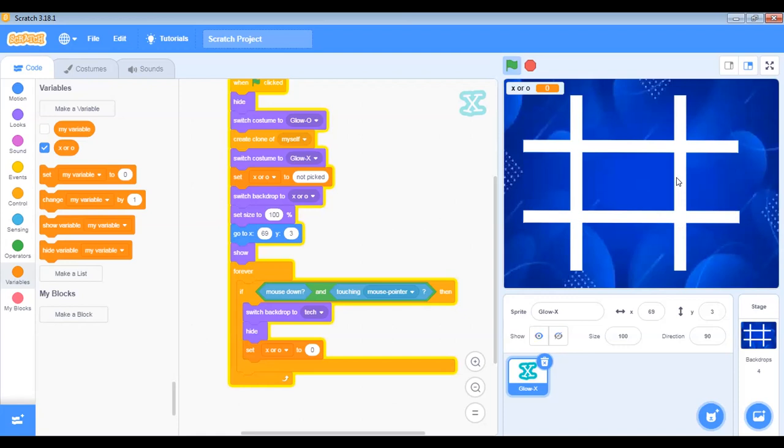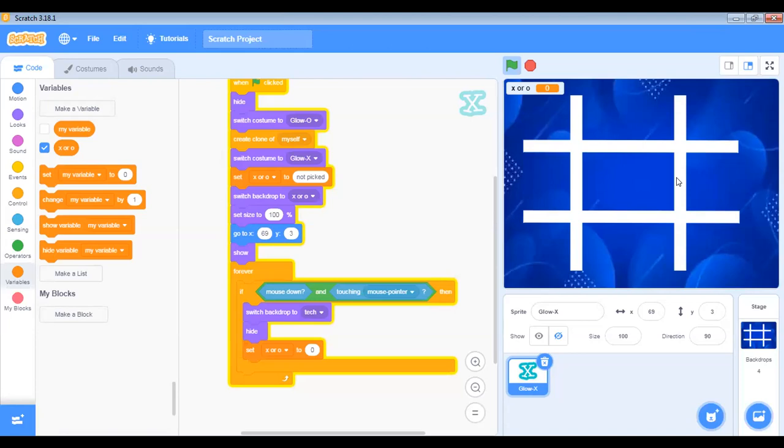Now, the thing is, it's an instruction. Someone is coming to your platform, or someone is coming to play your game. You are giving the person an instruction: to start this game, which box do you want to start first? Click on X to start the game, or click on O to start. So when you click on X, it shows you this box, where you now have your tic-tac-toe platform.